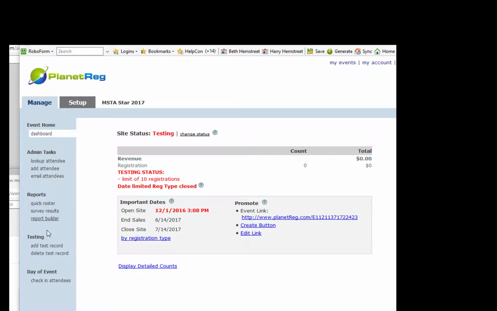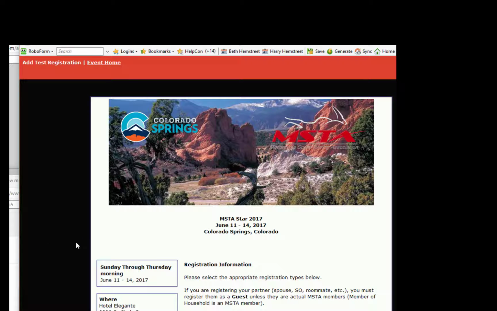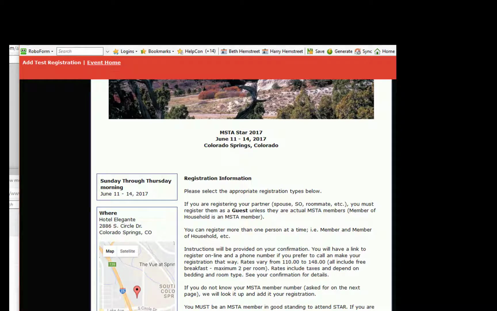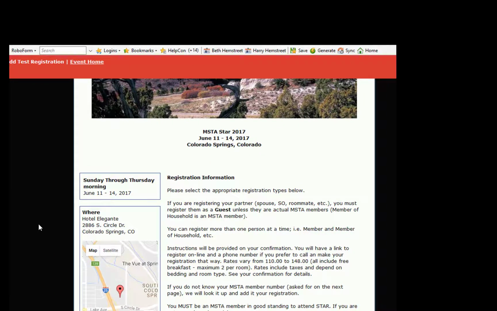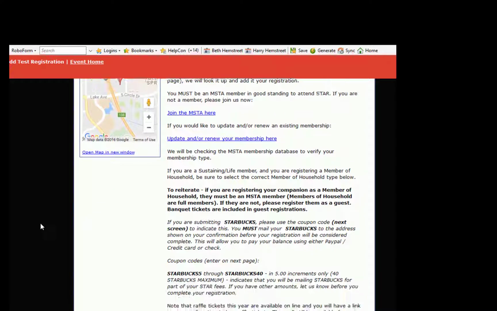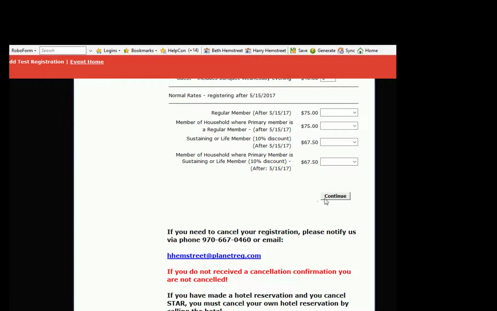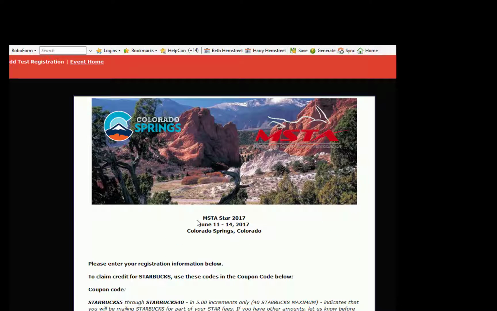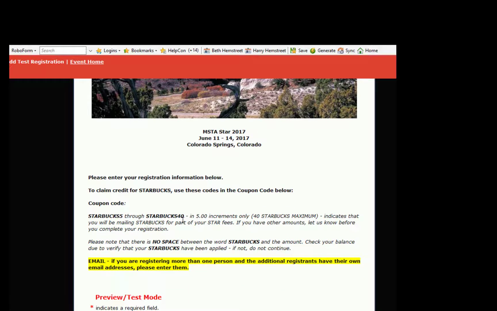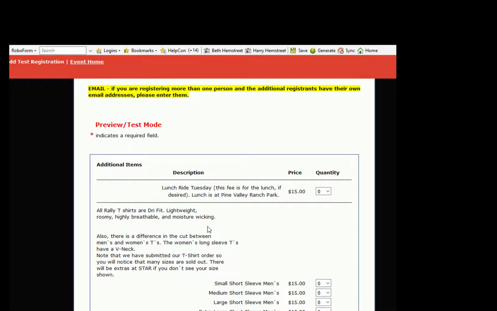Now that we have our registration built, we need to test it. The best way to test it is by just adding a test record. As we add a test record and go through all of the screens, I want to read very carefully and see if there are any places where we need to make changes or additions. I can see right now that we're going to need to change the lunch ride